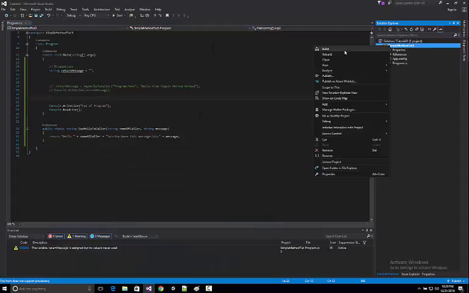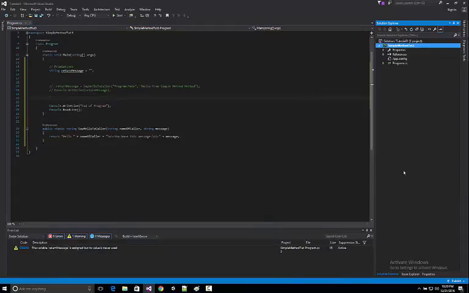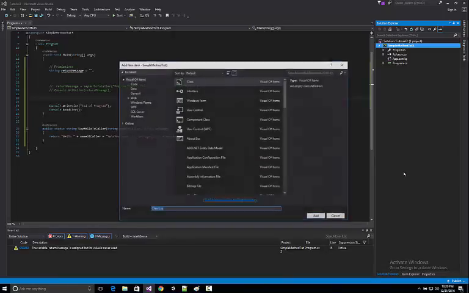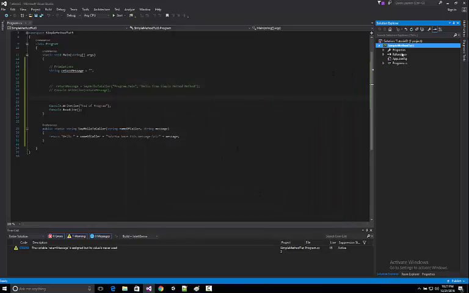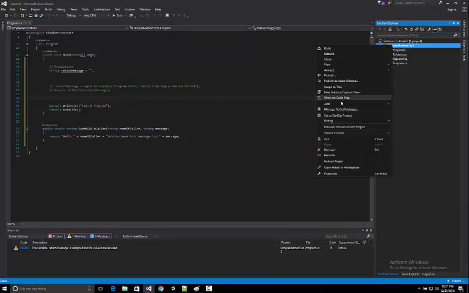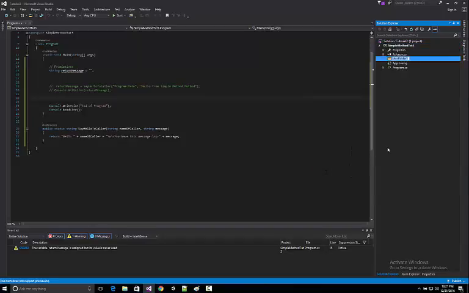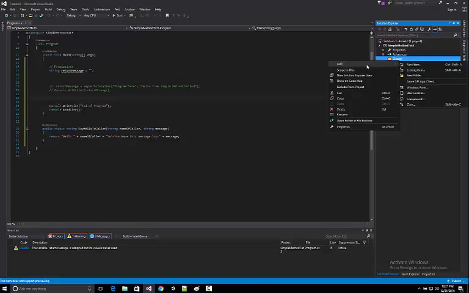I'm going to start with a regular class. To keep with the nomenclature we've been using, we'll call it dog. Now, let me just step back a little bit. Within our project we already have, I'm not going to make another project. I'm going to keep this relatively simple, just to keep things structured. We'll just call this folder classes, and then inside that folder we're going to do an add,